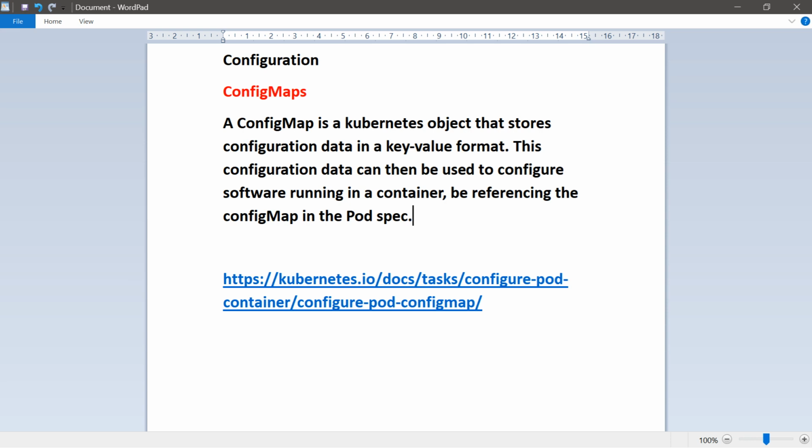If you reference a config map that does not exist, the pod won't start. Also, if you reference keys that do not exist in the config map, it will prevent the pod from starting. So before you reference config maps and keys inside the pod spec, make sure they are created and exist.